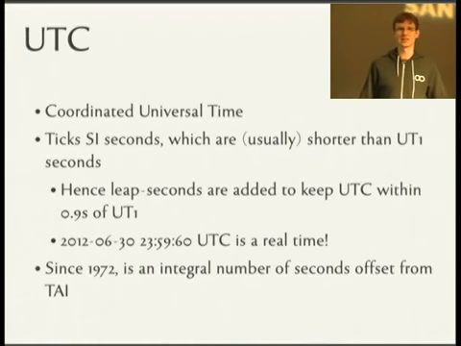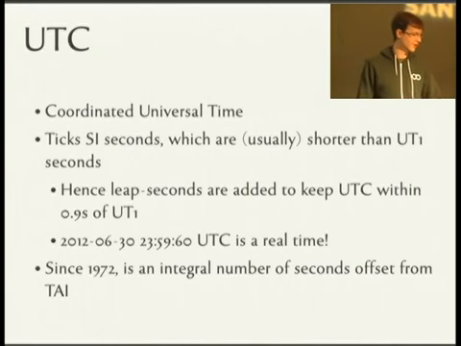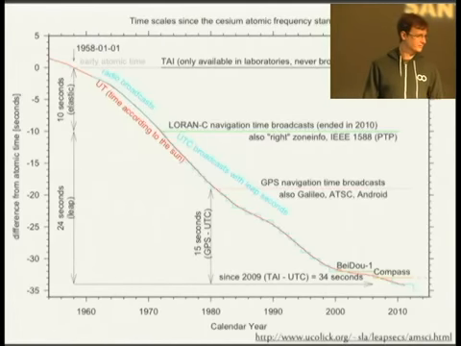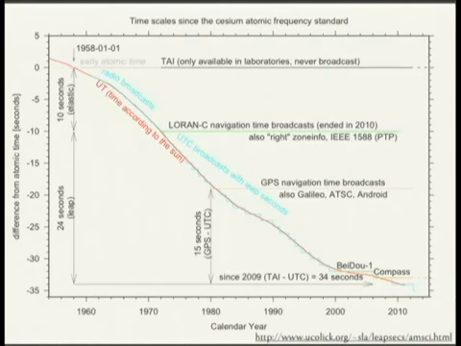Since 1972, UTC has been an integer number of seconds offset from TAI. Before that, there were fractional seconds and clock skewing and other funny things, and that was just too much work. Single integer seconds was decided to be better. The blue is unfortunately a little hard to see on this graph that I got from someone's wonderful website. And you can see the length of a UT1 day as opposed to TAI and UTC, stair-stepping since 1971. GPS satellites, as you can see, also take TAI time, but plus, I think, about 15 seconds, which is interesting.